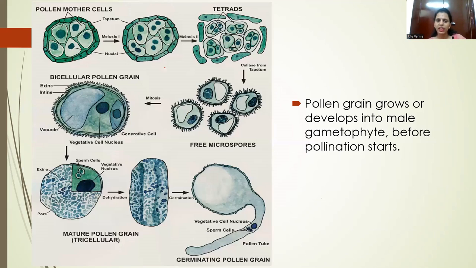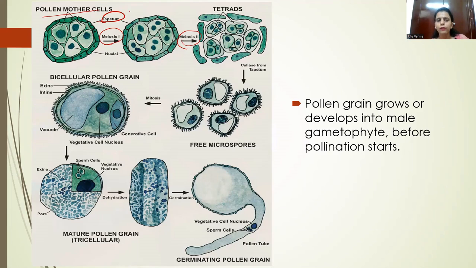So quickly recap this once. Remember, these are the cells of the tapetum layer, okay? Inside the cells of the tapetum layer, microspore mother cells or pollen mother cells are present. These microspore or pollen mother cells undergo meiotic cell divisions. In meiotic cell division, the chromosome number is reduced